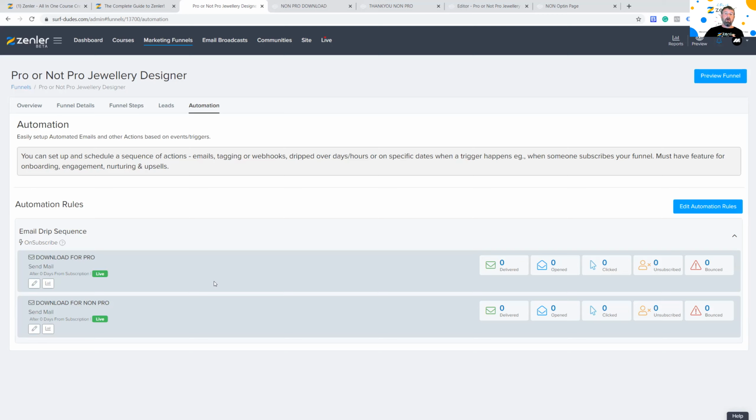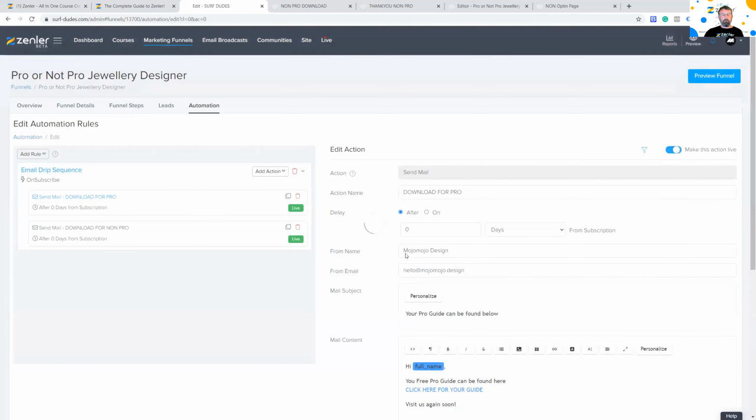So you could send an email, a generic email out to both of them saying, thank you for showing an interest in my jewelry design course. For pro and non-pro users, get a discount on my course, and that could fire off to both of them because you've put no filter in there. Okay, but if you want to filter it, you can filter them by the tag. So tag contains. You can also filter them the reverse way, so tag does not contain. So you've got that option in there under these advanced filters.